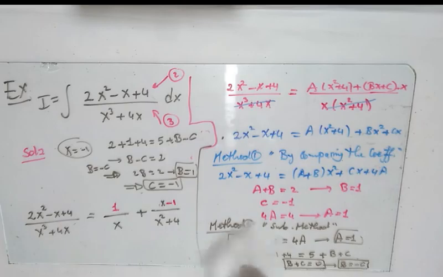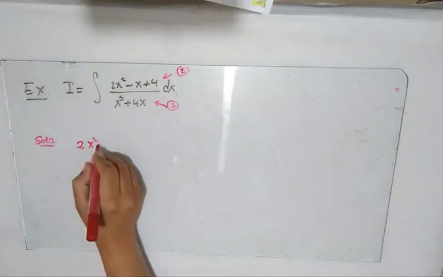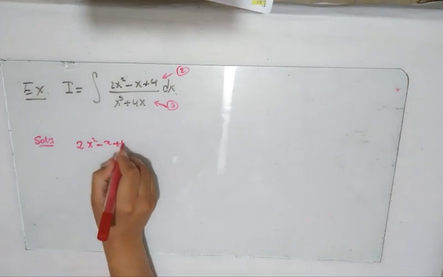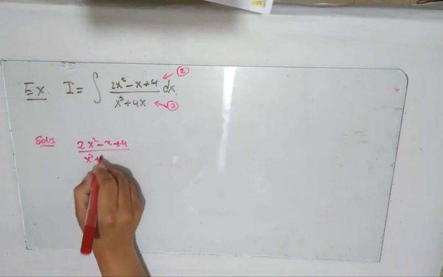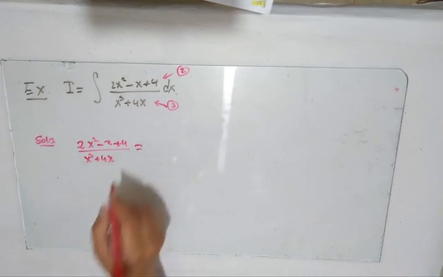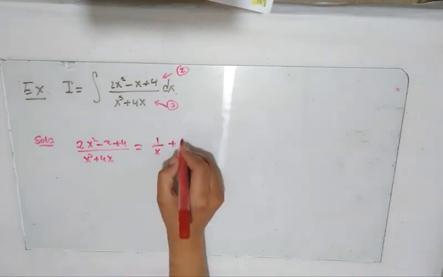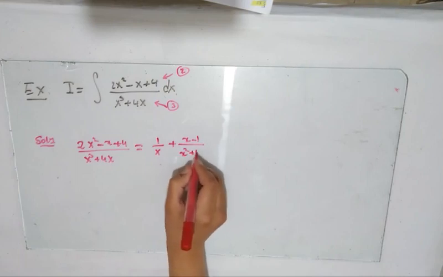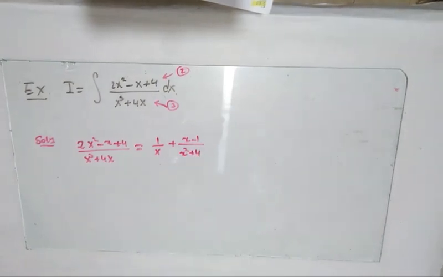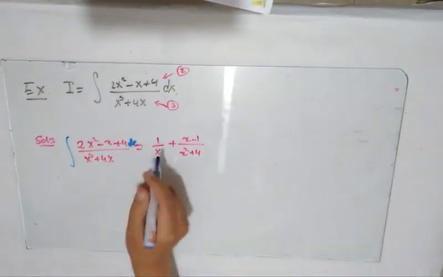Let's see it. We reach this step, where (2x squared minus x plus 4) over (x cubed plus 4x) has the following partial fraction decomposition, which is 1 over x plus (x minus 1) over (x squared plus 4). So if you want to integrate this with respect to x, you can